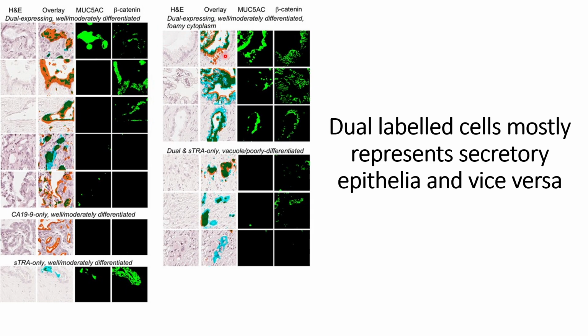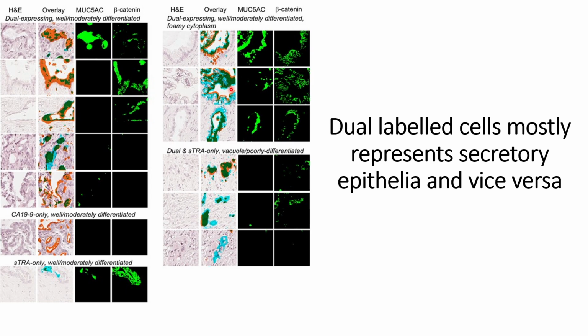When the cytoplasms are clearly visible, they can see the presence of both MUC5AC and beta catenin. However, in the first case, the expressions of both sTRA and CA19 are present, but the overlap regions are less. And in the second case,